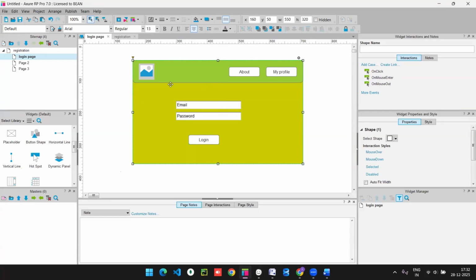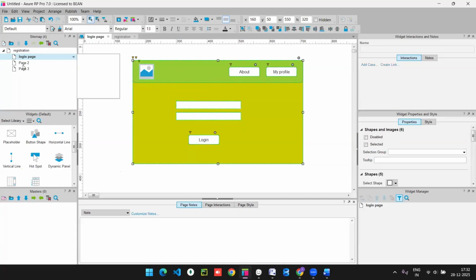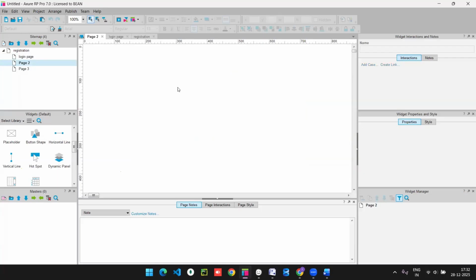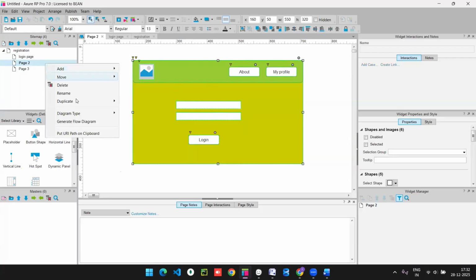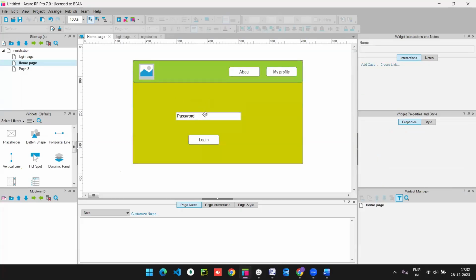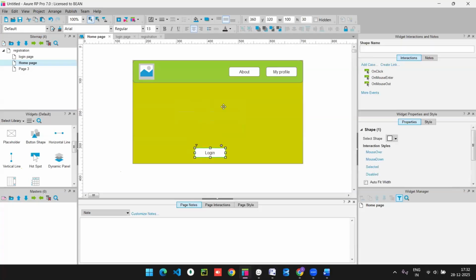For that, copy these things and come back to page 2 and paste it here, and rename this page 2 to home page or product catalog page. Okay, so write home page. Here I want to show some products in my page. So for that,